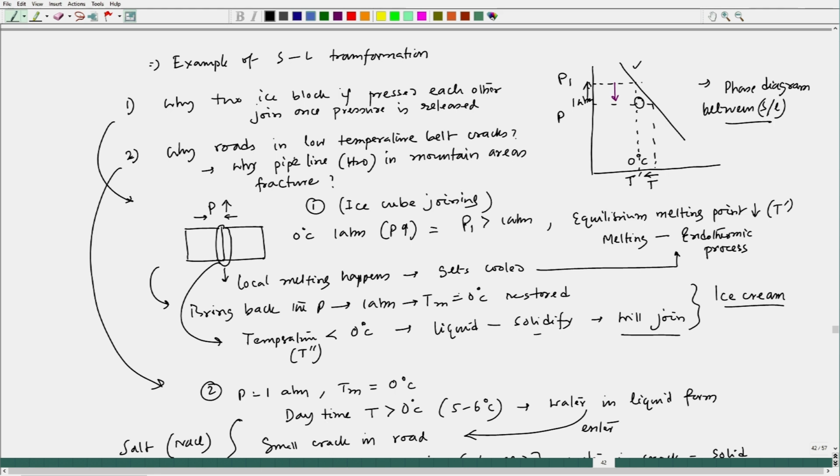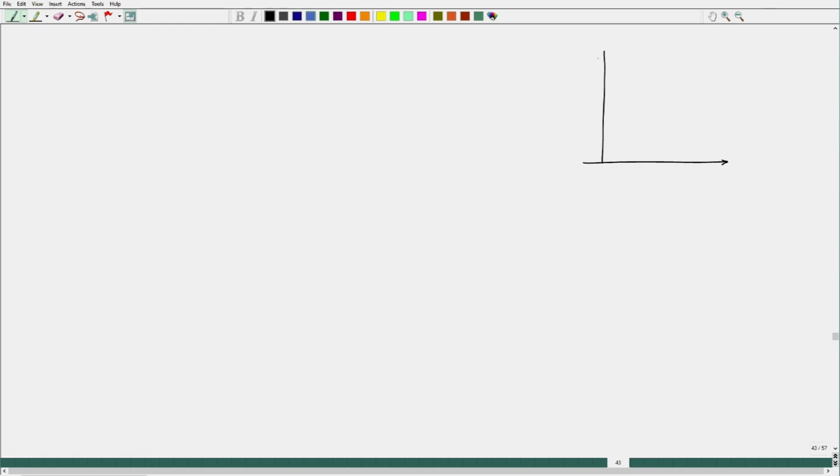Now, let us come to the part that we wanted to discuss, that is finding. So, let us draw that reference plot, G versus T, pressure equal to 1 atmosphere, we are fixing pressure. So, now this is G_S, this is G_L, this is T_m. We are trying to find at T what will be my free energy change. Let us say this is for 1 mole of substance. Okay. Now, in order to do that,